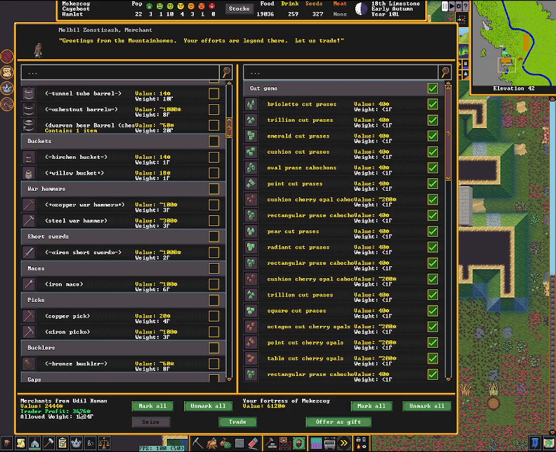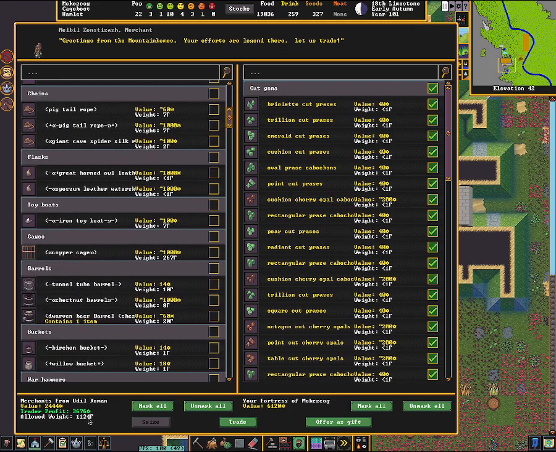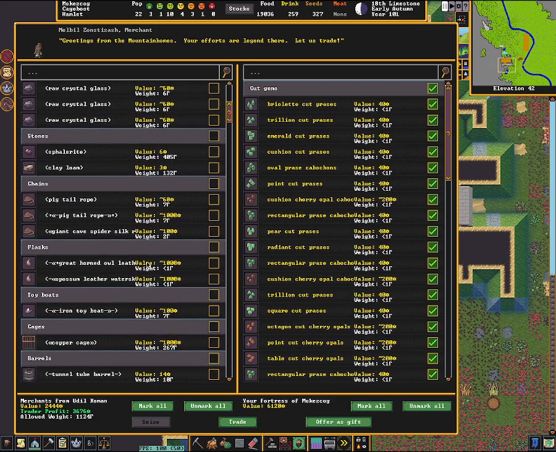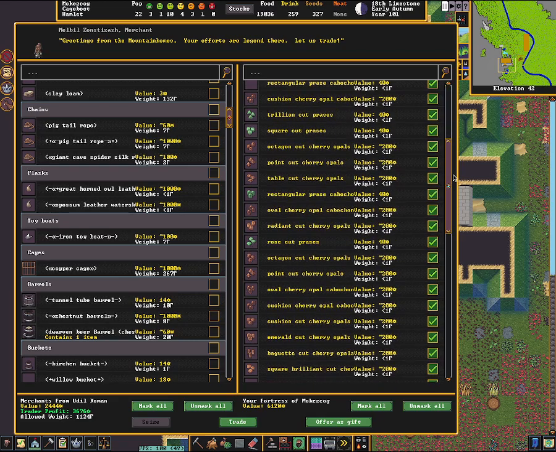The trader's going to get 3,600 in profit. That's no good. I'm going to need to get some more than that. I like to try to roughly make these even, so I give them a deal, essentially. Oh, you know what I'm going to do? I'm going to do this. I'm going to come...